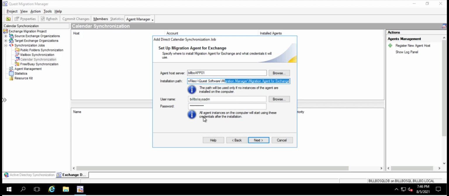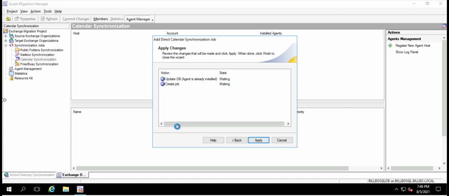Yeah. Okay. And the credentials for it. Okay, so just next it through, and it's going to populate the SQL database with this new pairing. Just apply. Update the database. The agent is already installed. If it wasn't, it would roll through the whole assigning a role and create the job